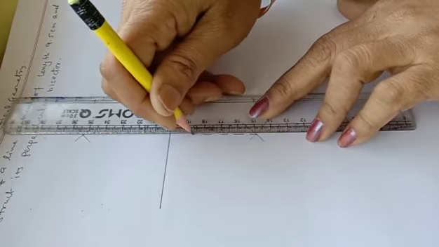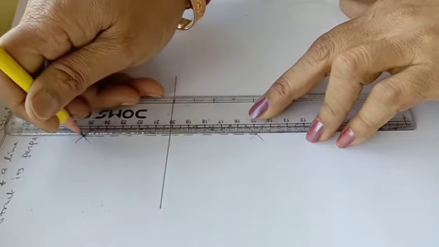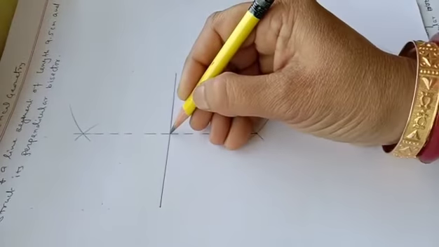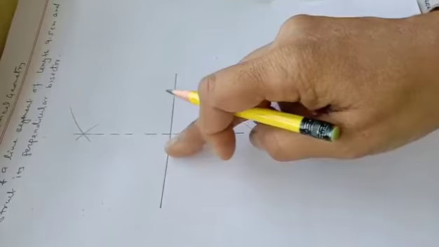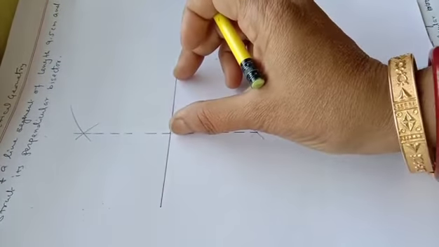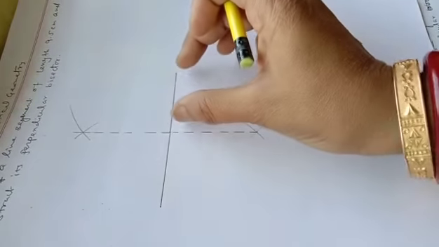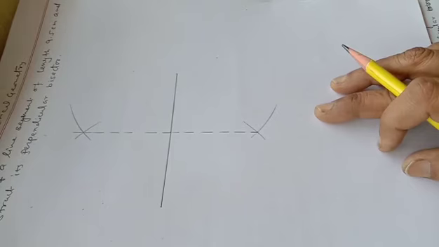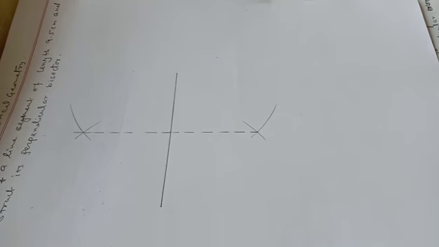If you draw a dotted line, it looks nice. That is the only reason for drawing a dotted line. Understood? Now this is the perpendicular bisector of the line. That means this line is making 90 degree on this line. Bisector means this portion and this portion will be equally divided into 2 parts. This line is equally divided into 2 parts. So this is known as perpendicular bisector. In this way you have to complete your construction. Thank you students. Practice it properly.